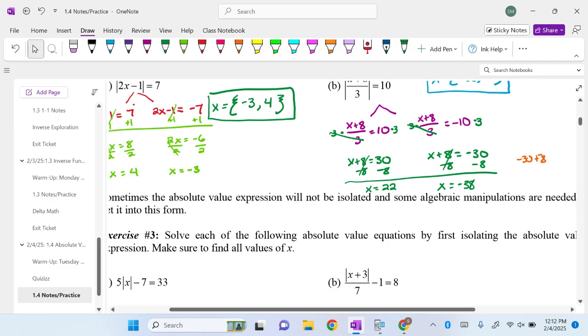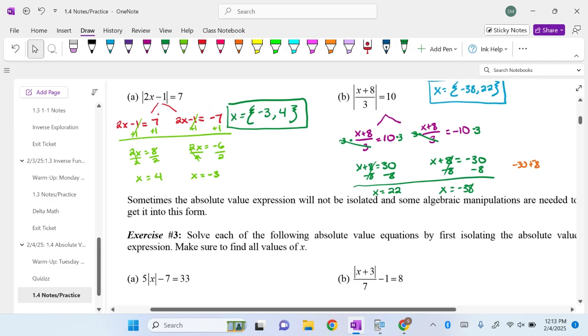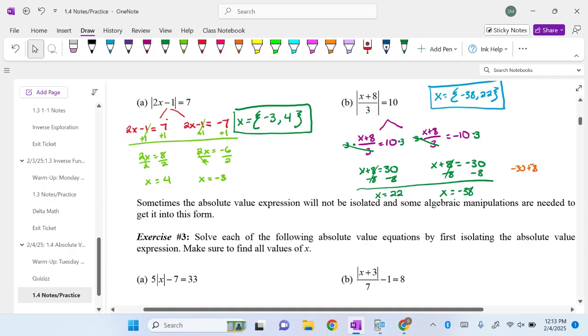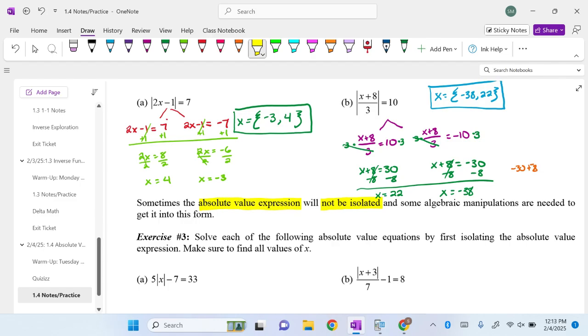All right, now, sometimes in your absolute value equations, the expressions are not all within the absolute value, or they're not isolated. So the absolute value is not isolated, and you've got to do some algebraic manipulations to get it into this form. So what I tell my kids when they do this is, do not separate into two equations until the absolute value symbol